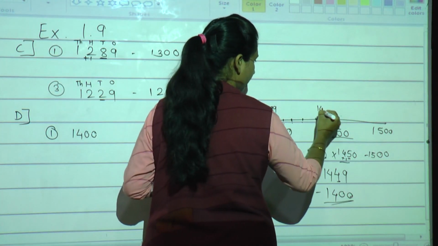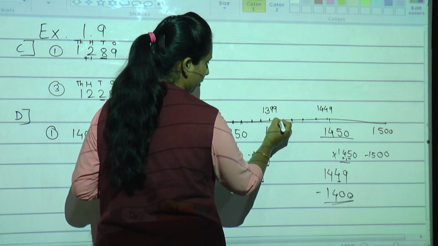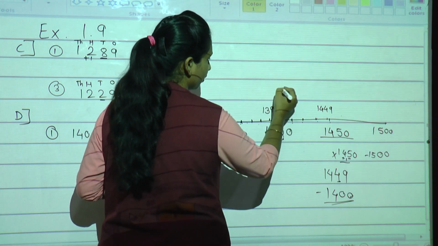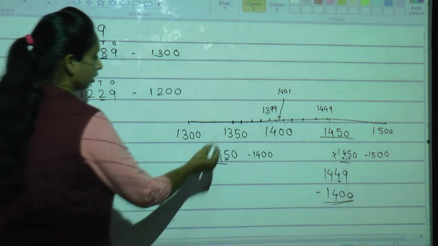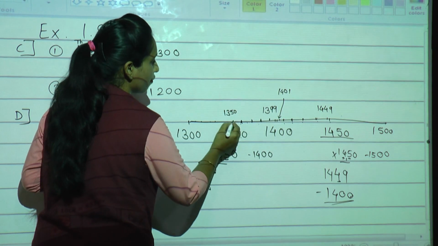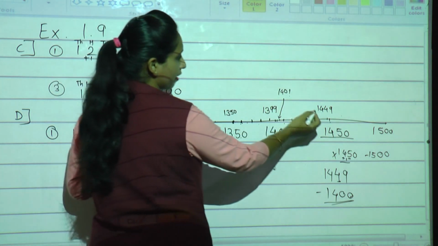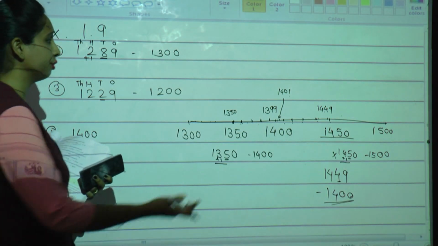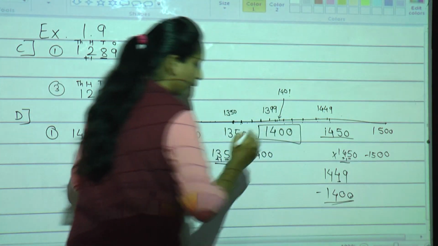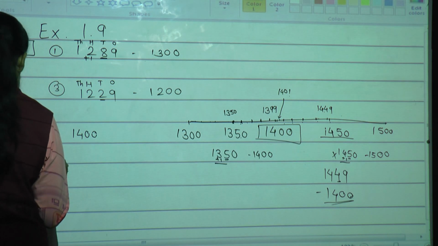Means here 1449, see, here it will end and here one more number will start after 1400, 1401. Okay, so from 1350 to 1399, and from 1401 to 1449, these all numbers are rounding off to 1400 only. Okay, understood? Now very lengthy numbers are there, so you have to write in short all 1400,